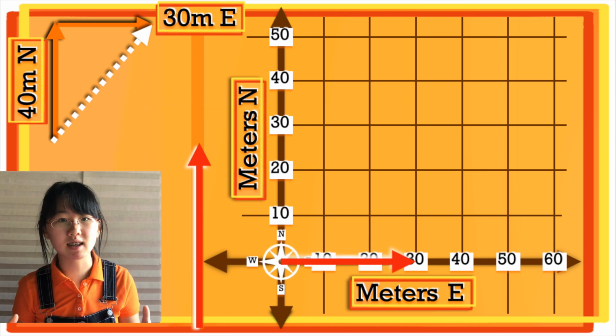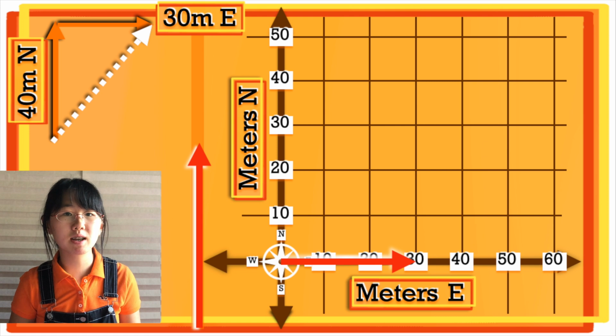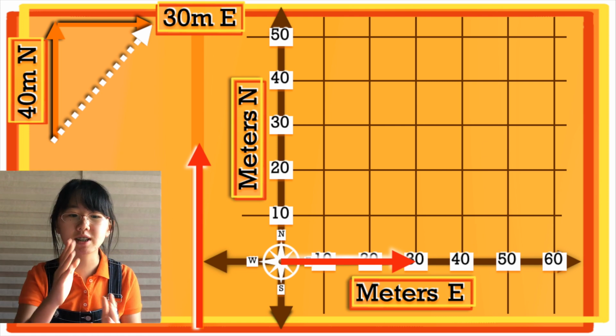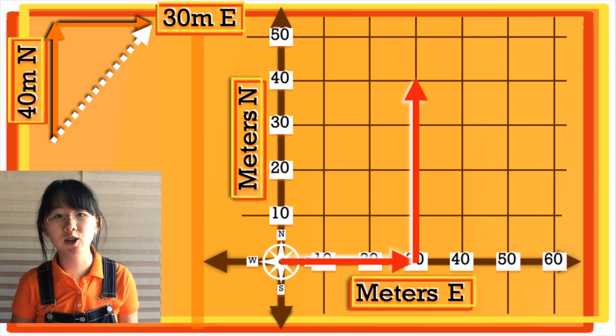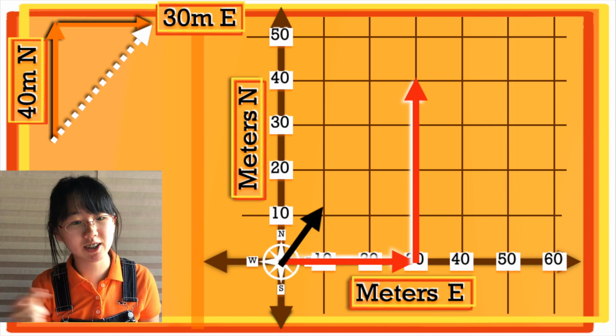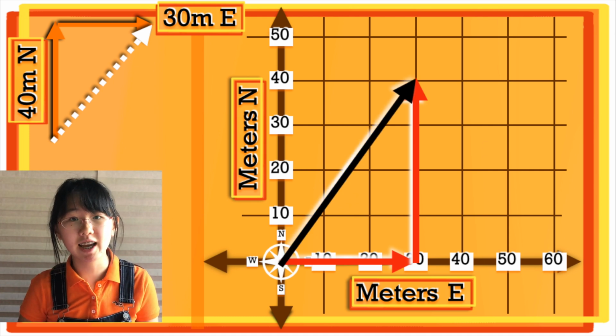The first one is easy to graph because we know that it's parallel to the x-axis, and actually on the x-axis because it starts at the origin. We graph the second by using a protractor to find 90 degrees, and drawing the vector in at the head of the first. Our resultant would be this vector here, drawn between the tail of the first vector and the head of the second vector.